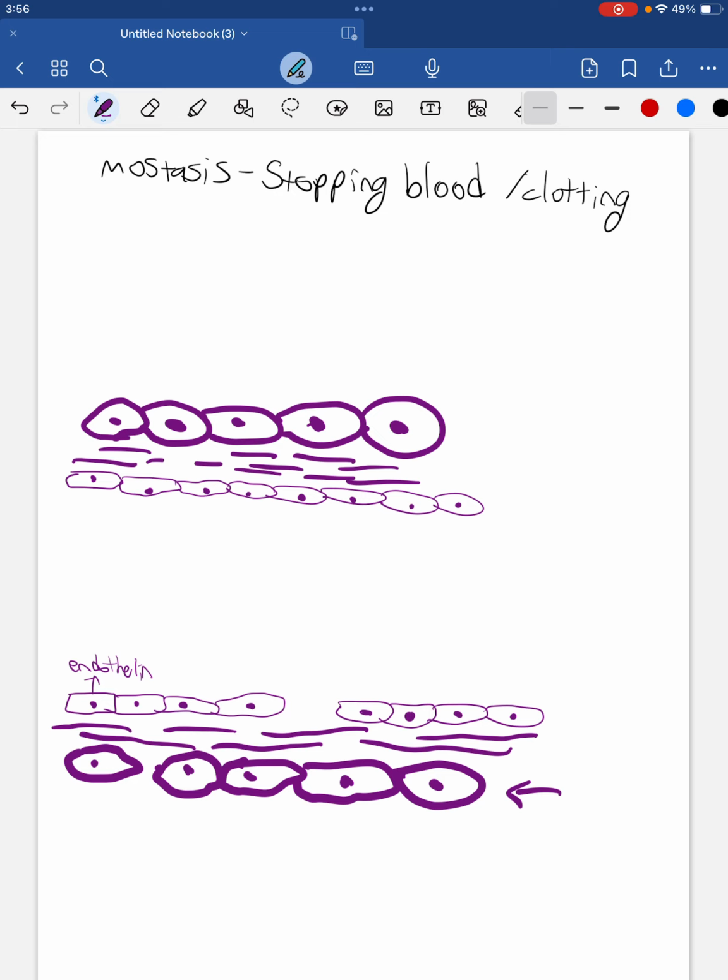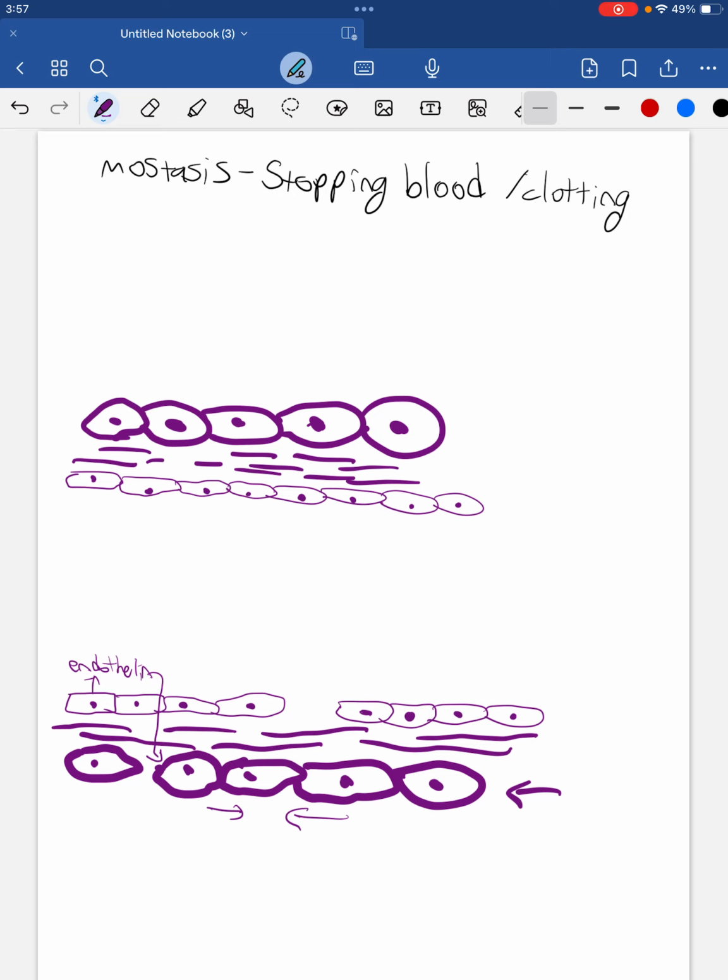Okay, this will bind to receptors on the smooth muscle and tell it to contract, which would pull everything inward like this. Or there's something known as a myogenic mechanism: if the smooth muscle is injured, that will